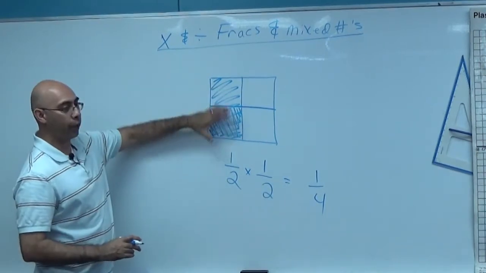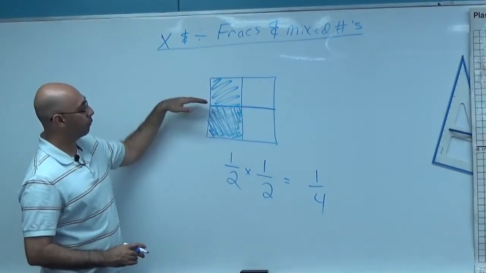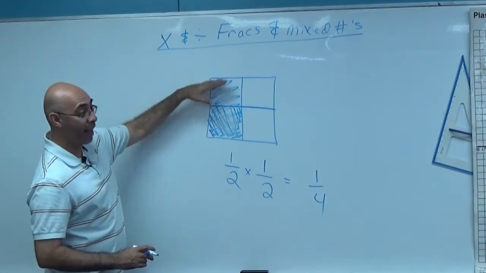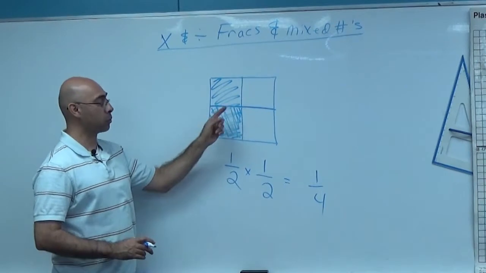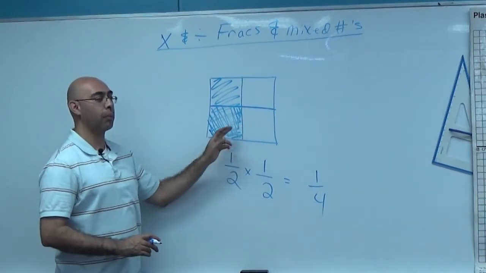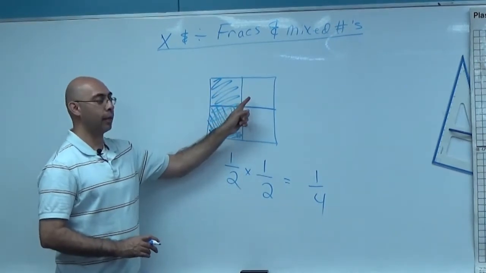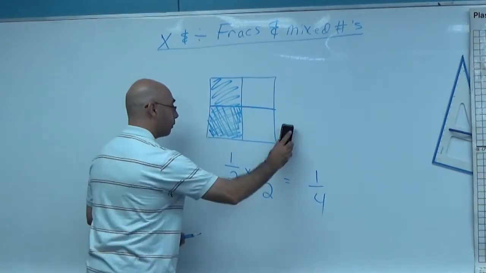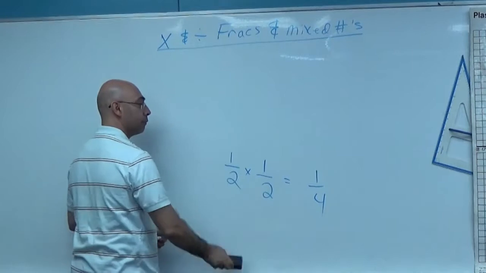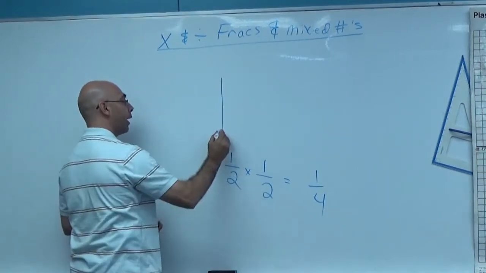So I had half a square. Then I cut that half in half. Now the reason I cut the whole thing into parts is because whenever you cut things into parts, you need to have an equal amount of each part. So if I were to do this again,